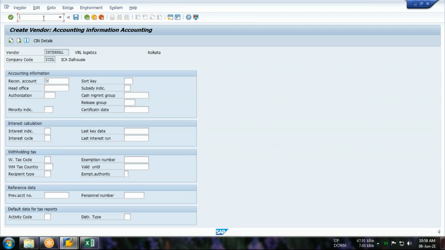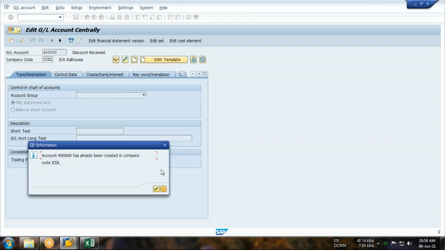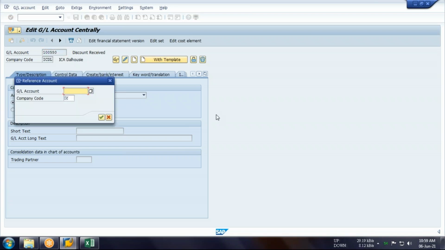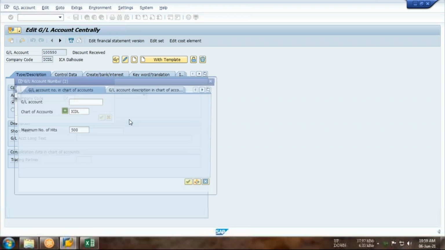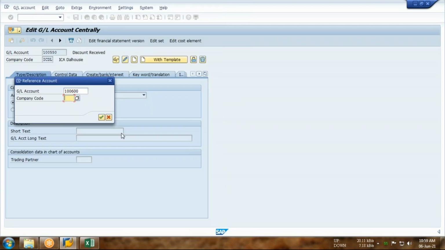So if I don't want to close this window and I want to open a new window, /O is a T code and I just go to the FS00. So this is my another window. I'll be doing it with the template option. So first I need to change it to vendor. Come to the template option. So I have one vendor like Samsung, I guess. So I'll be copying this from the Samsung.